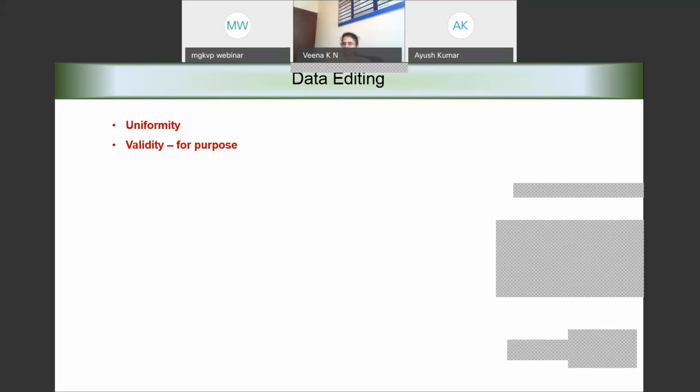And also, in some other cases, data validity can be relative to time. We might have collected data which could be no more relevant to the current time point. So we need to look at the validity of the data before we analyze.